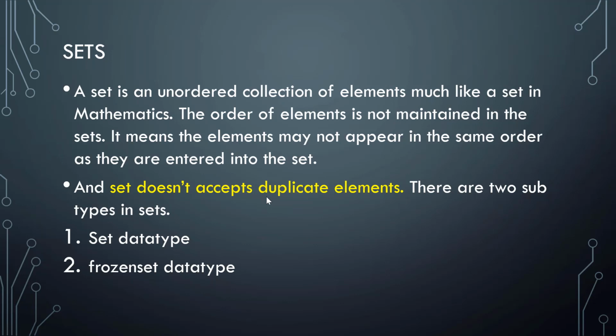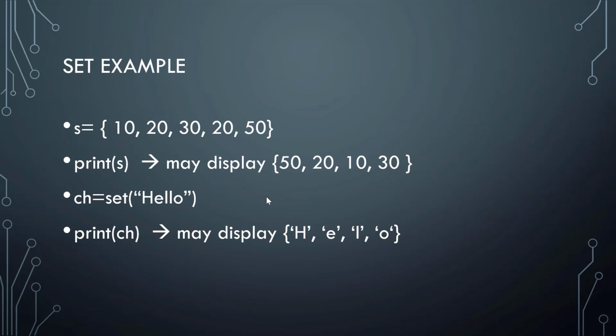So let's get started with set now. What is the set example? S is equal to curly braces. Till now, in the beginning we started with list with the square brackets. When you see square brackets, keep in your mind that it's a list where you can store different types of elements and they can be modified. Coming to the second category, tuple, where we have parentheses, round brackets. Now we are moving to sets.